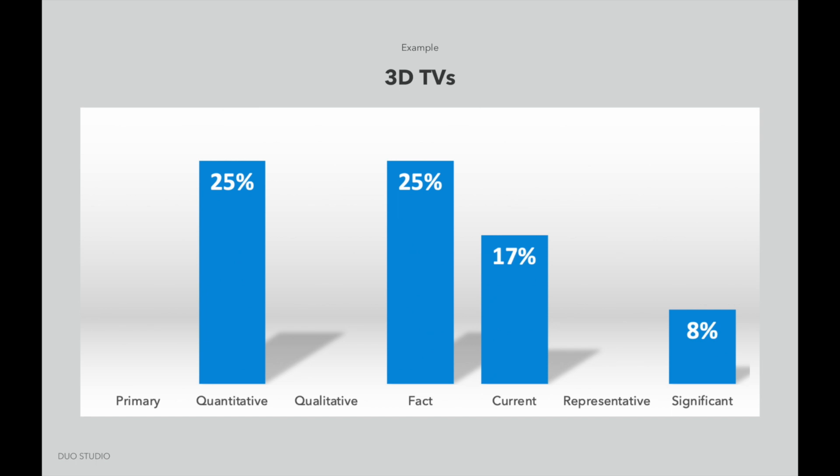It doesn't name one company. Many companies got into this game, but it does lay out the assumptions that were used in order to further this strategy. Looking at that graph, you can see that TV OEMs would have benefited from gathering more Yoda, more primary research, qualitative information, insights behind the observations, fact-based, current, representative, and significant data before they spent and lost millions of dollars on this failed initiative. By the way, the confidence score of these statements is a 0.8.